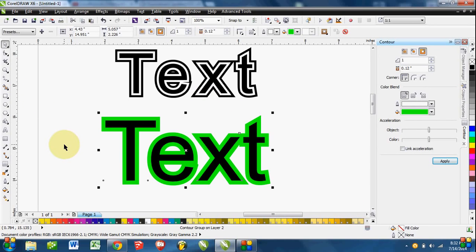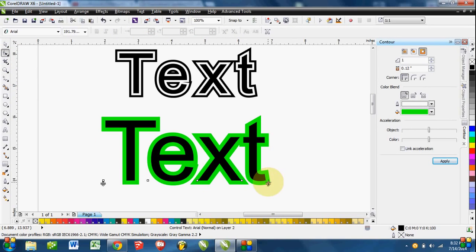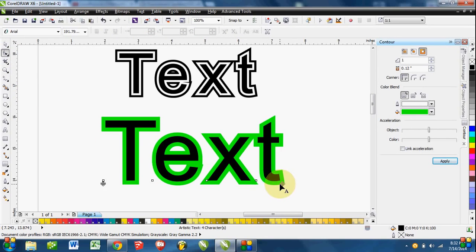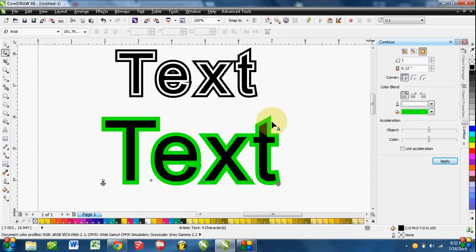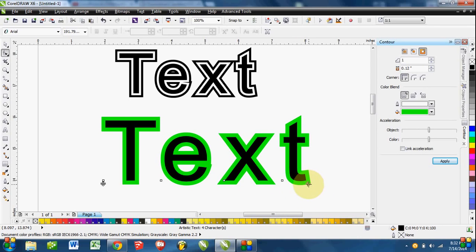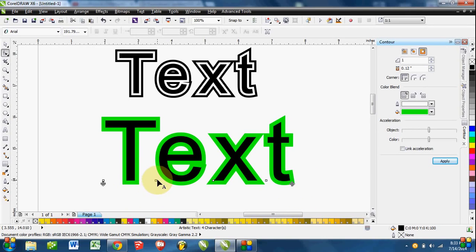Okay, now what you'd want to do at this point, before you do anything else, is to grab your shape tool and drag this out to where you want it to be, because this outside green is basically going to be where this outside black is. Okay, so if you don't want it touching, this is when you'd need to like scoot it out, or you can click right here